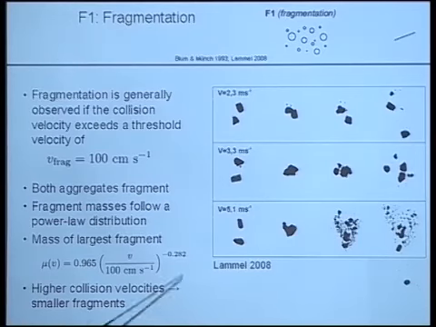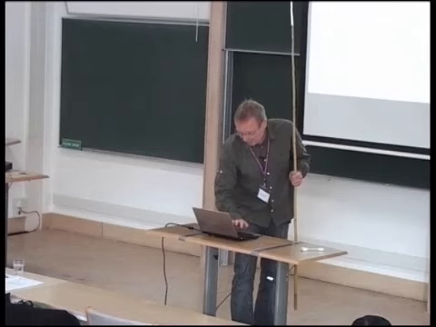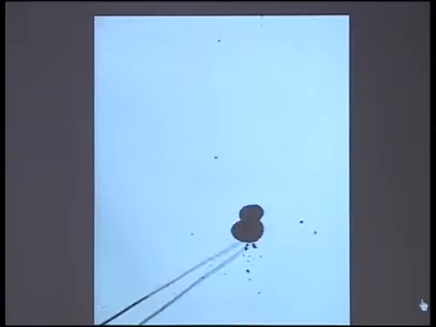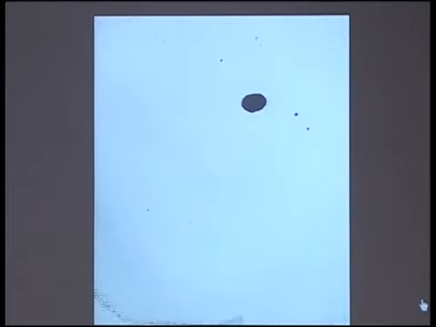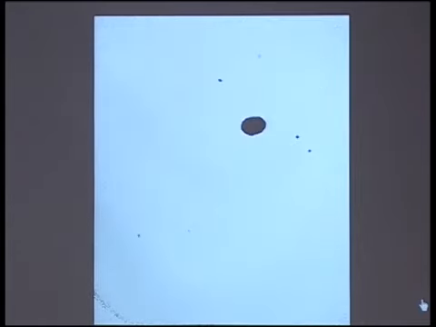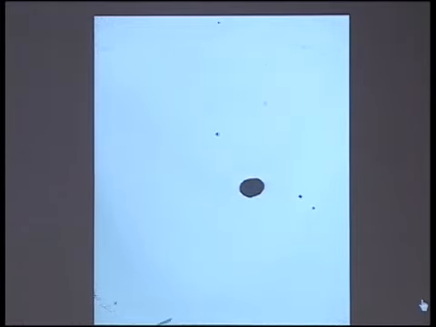And the mass of the largest fragment can be expressed as a function of velocity, as well as the power-law distribution of the fragments. I'll show you a movie, because movies are always nice to see. So one fragment, this is microgravity in the lab, so this falls down in vacuum, this comes up in vacuum, so they don't feel the relative gravity. This is a perfect microgravity experiment in the lab, and you see what happens. They fragment. In that case, the largest fragments are still very big, but they produce a power law of small fragments.